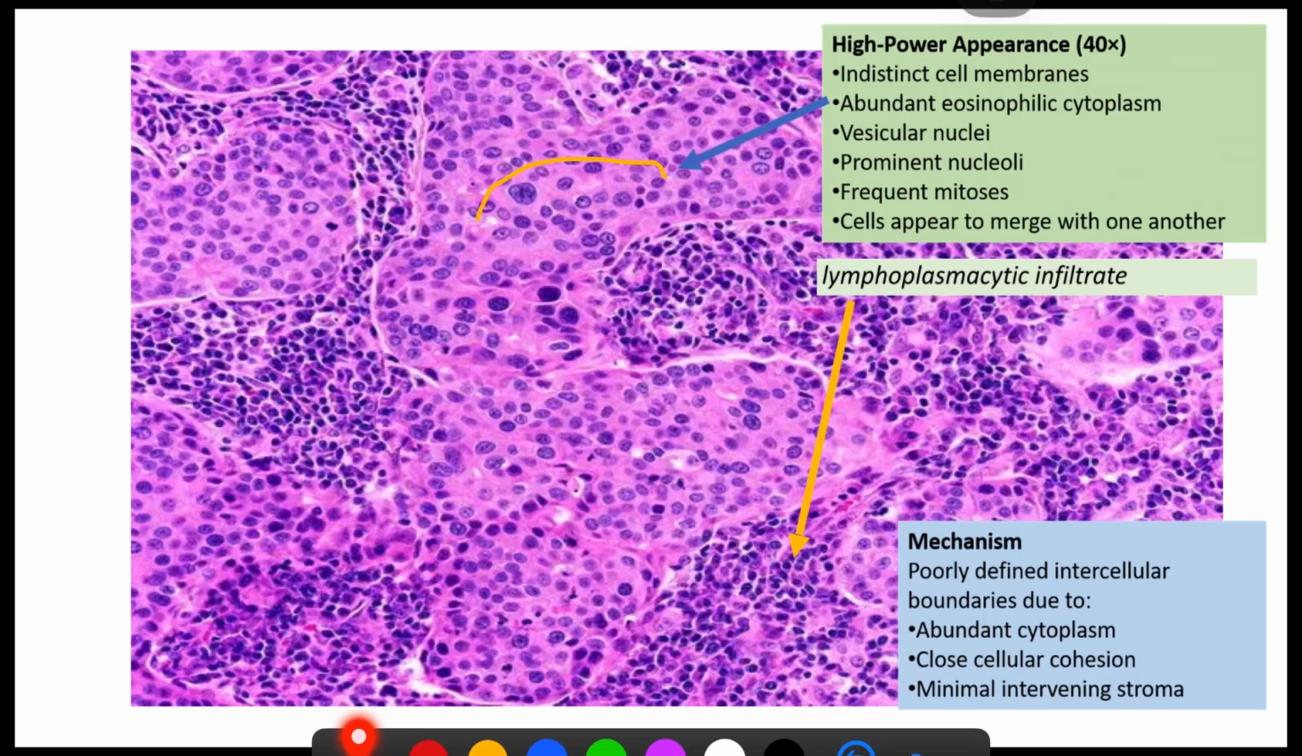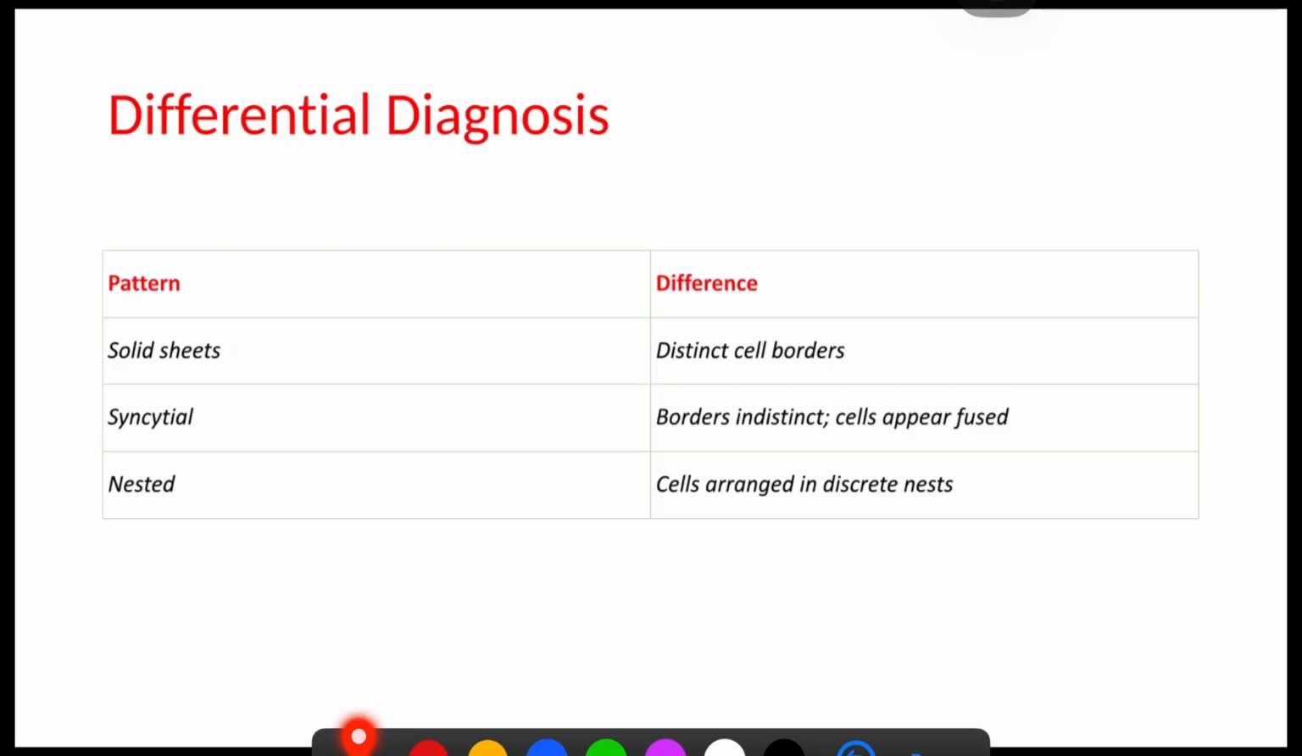So what is the mechanism? Well, here it is because of poorly defined intercellular boundaries, because of abundant cytoplasm, close cellular cohesion and minimal intervening stroma. So how will you differentiate it from a solid sheet? In a solid sheet, cells will have a distinct cell border. Syncytia have indistinct cell borders and cells appear fused, whereas the nest pattern has cells arranged in discrete small to large